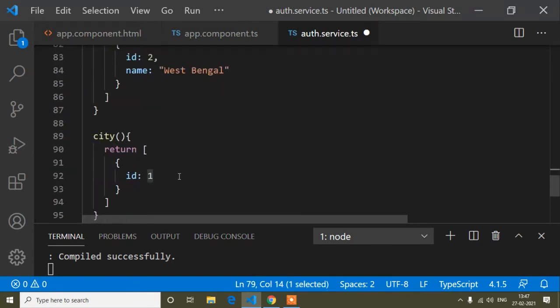So here I will write the ID is 1, and the name of the city is Mumbai.